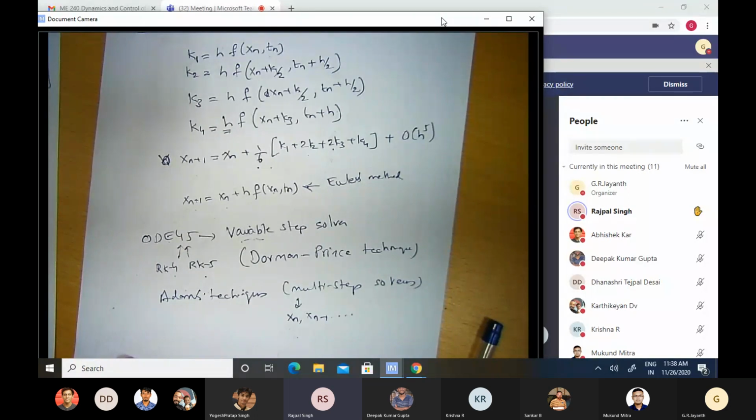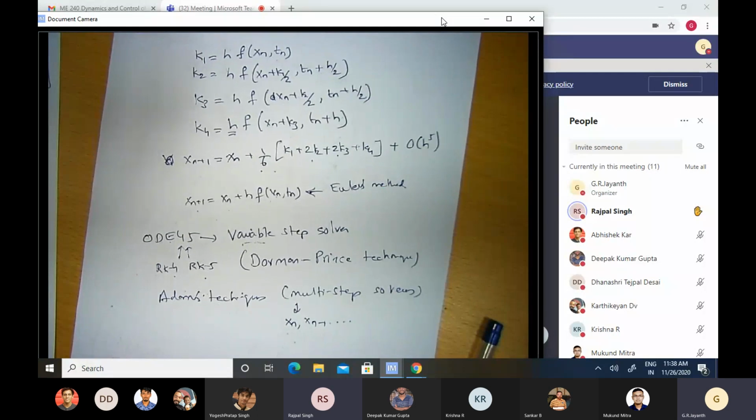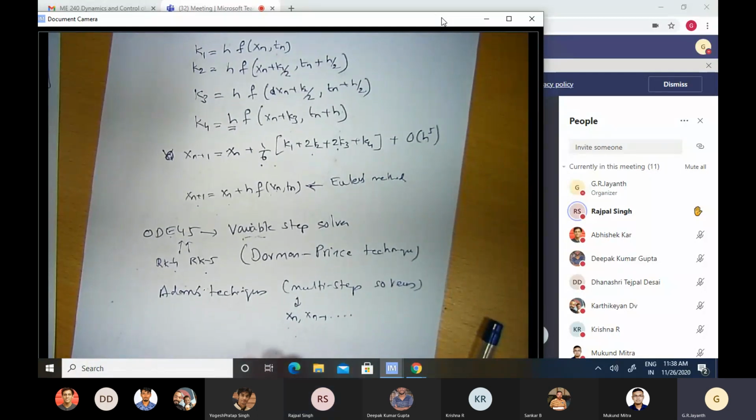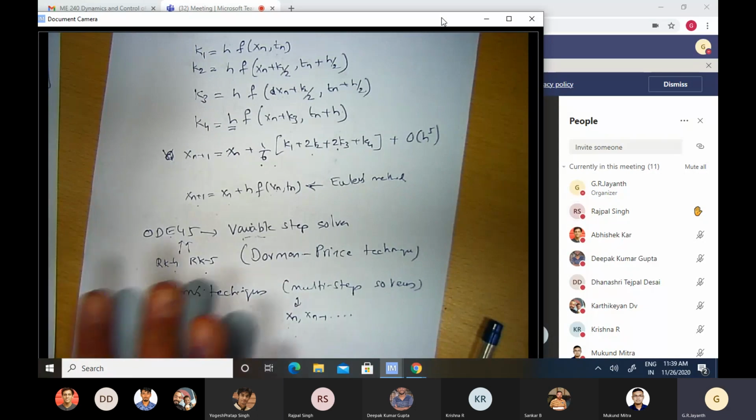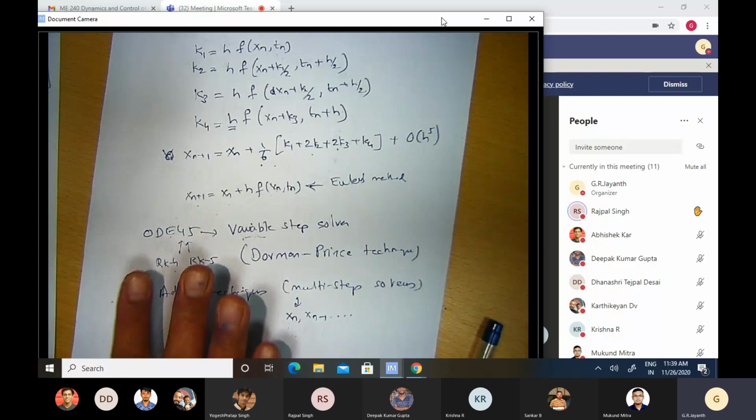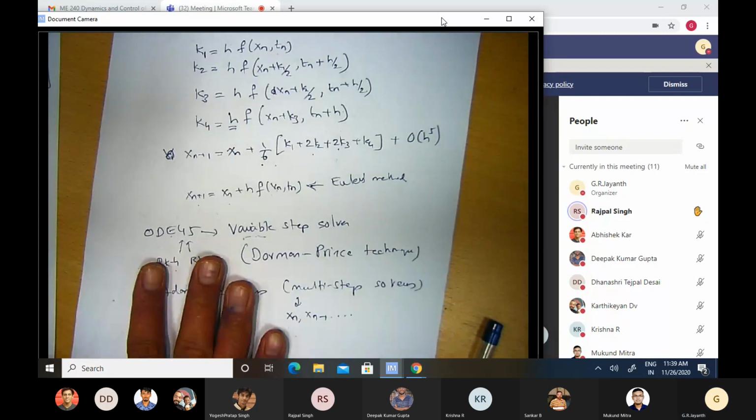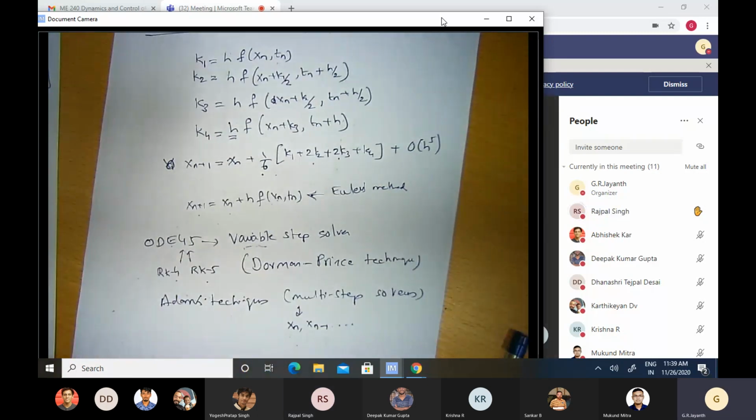Well, as I said, if you look at homework 5, all this is not part of homework 5. Okay, even that derivation of the dynamics of the multi-body system, to some extent is part of homework 5, but not completely. So only up to homework 5. Okay, whatever is in homework 5 will define the syllabus. The solution techniques and so on will not be part of the syllabus. You don't need to worry about it. Okay. Okay, sir.